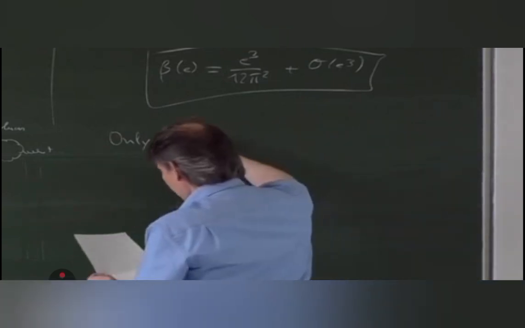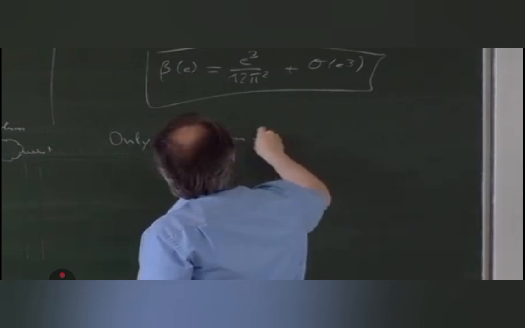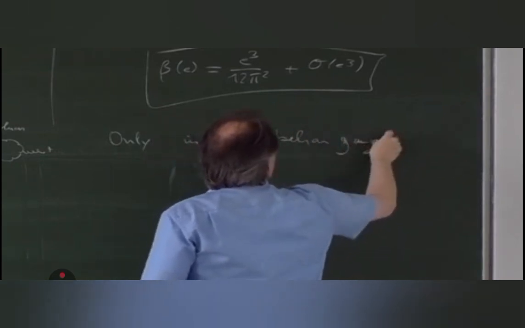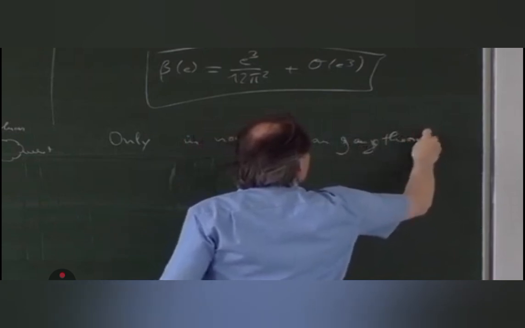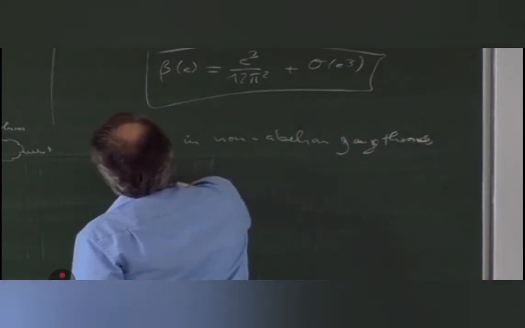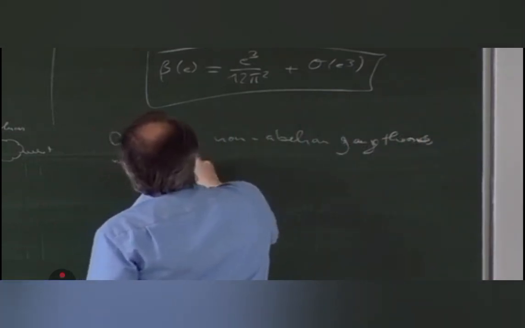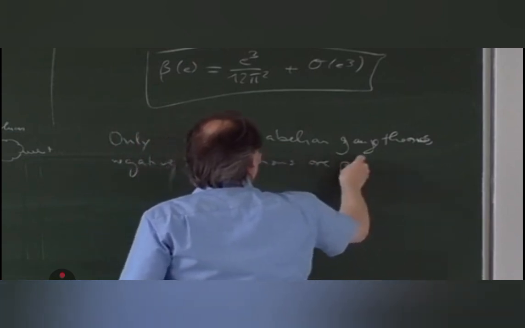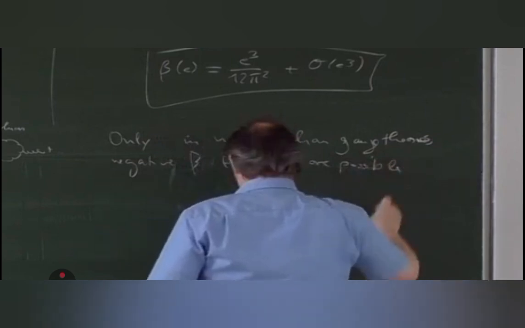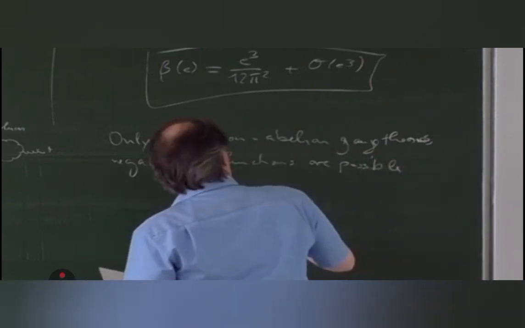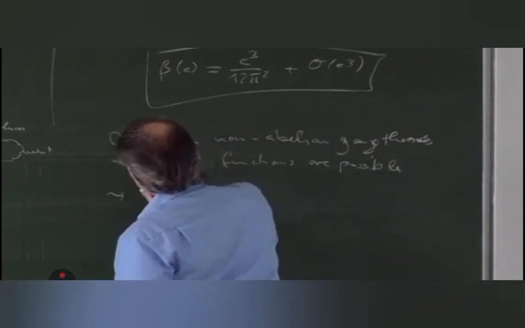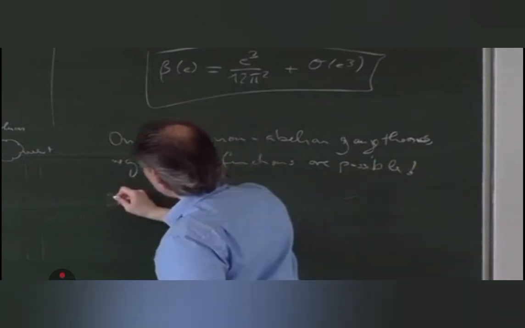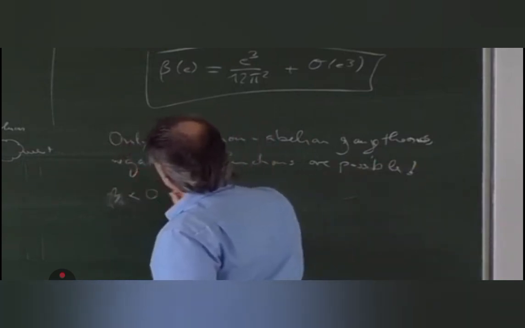So only in non-abelian gauge theories negative beta functions are possible. That is the first statement, and then beta smaller than 0 in QCD